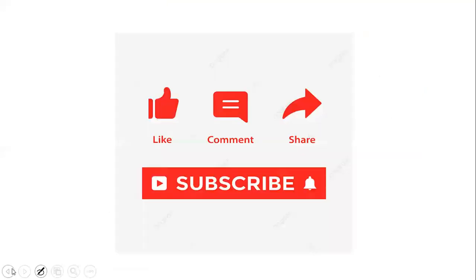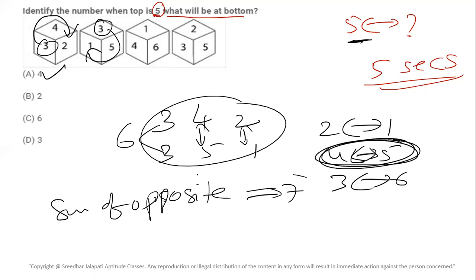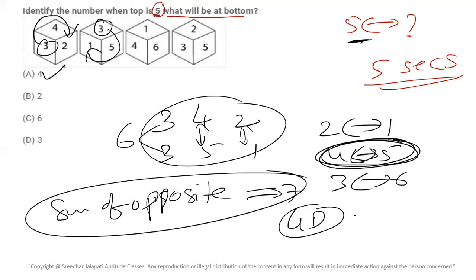Next question. Yeah, these are the questions I've selected from this topic. I think if you are able to understand and answer these questions, then definitely you'll be able to answer any question from this topic called dice. As I said, there are 2 types of questions: standardized questions and generalized questions. In standardized dice, the sum of opposite faces is 7, so using that logic, you can answer the rest. But when it comes to general dice, you will be given 1 element common or 2 elements common, and we answered all the types of questions.